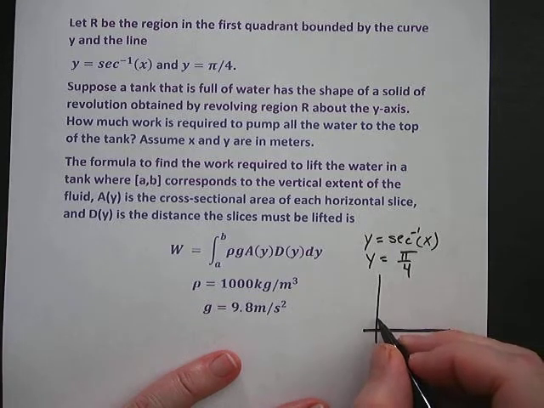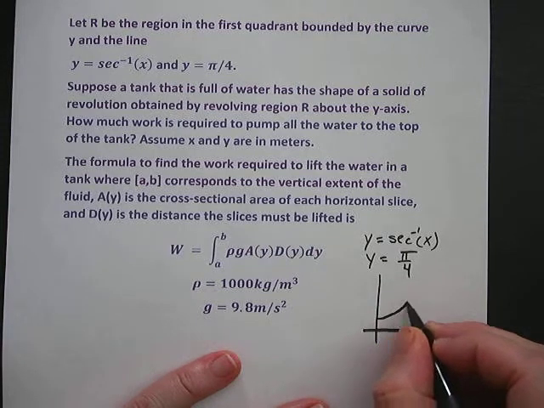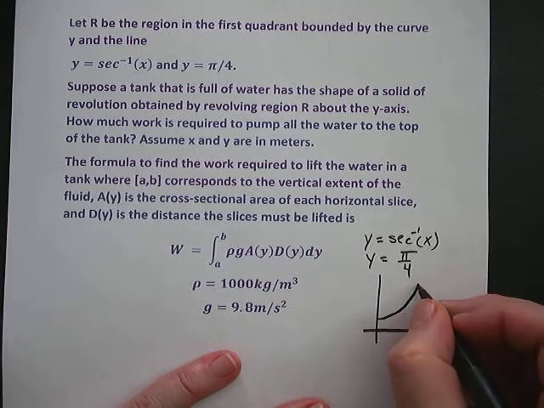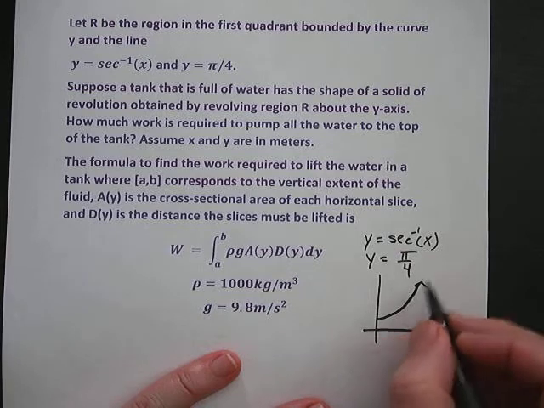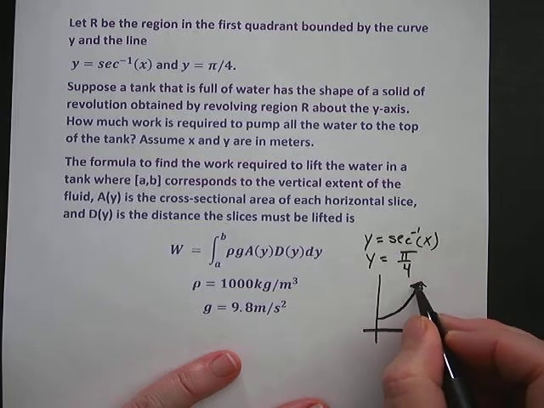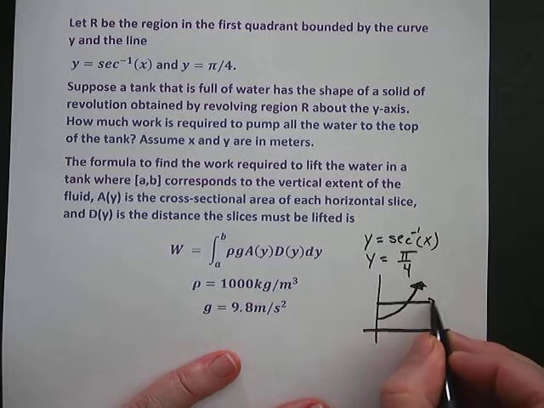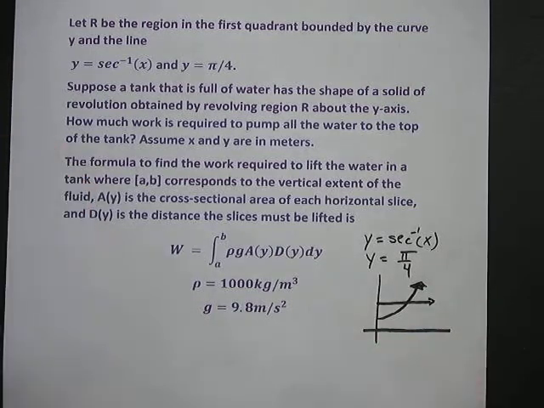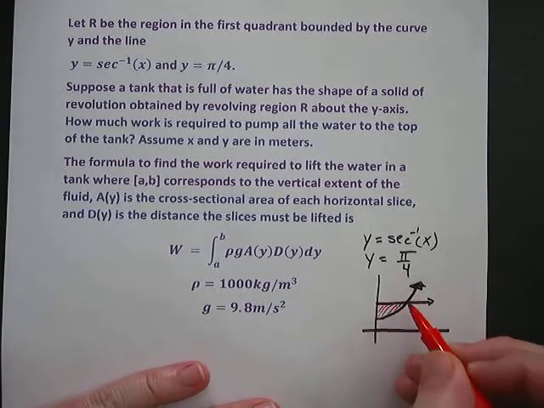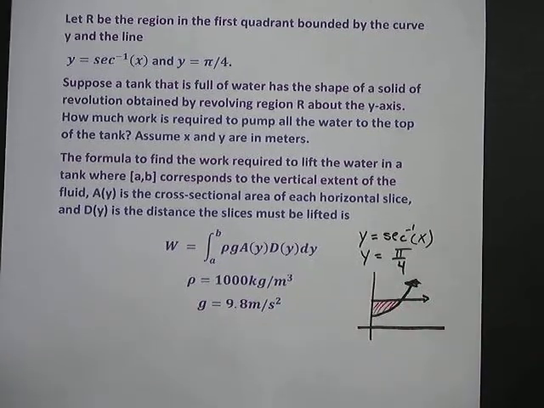And the secant function, if you zoom way in where these two connect, is going to look something like this. And then you've got the pi over 4 function that looks like this. So the area that's going to get rotated around the y-axis is this right here. And we know that if it's being rotated around the y-axis like this, then it's going to create